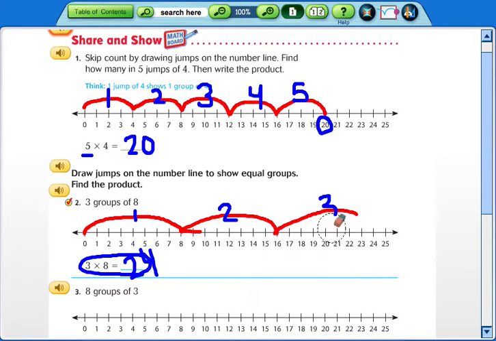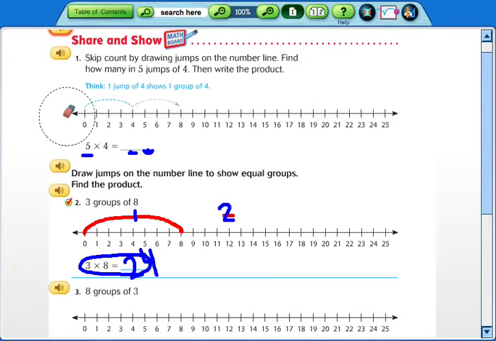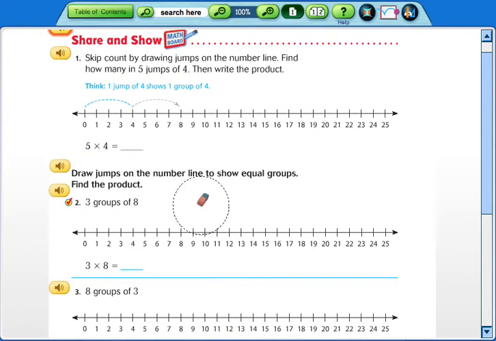All right, let me get my big eraser out. I think I can make it huge. Let's see. Look at that. All right, so I'm erasing. We're going to scroll down here